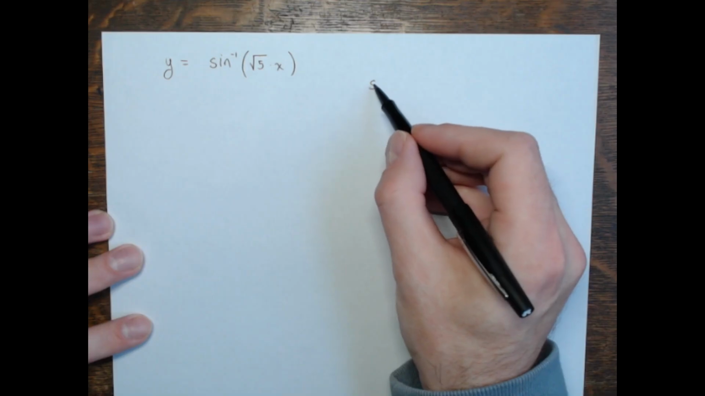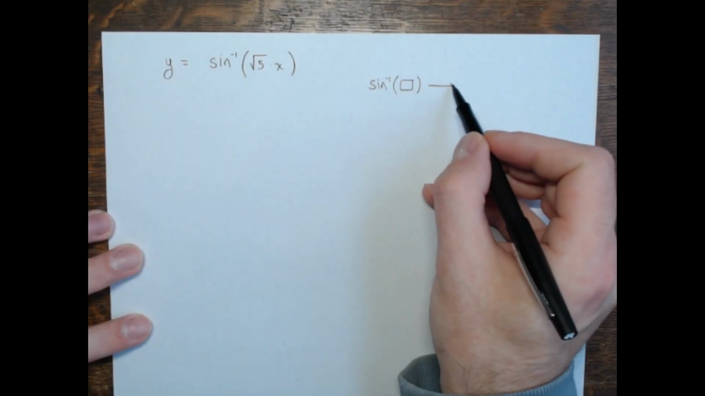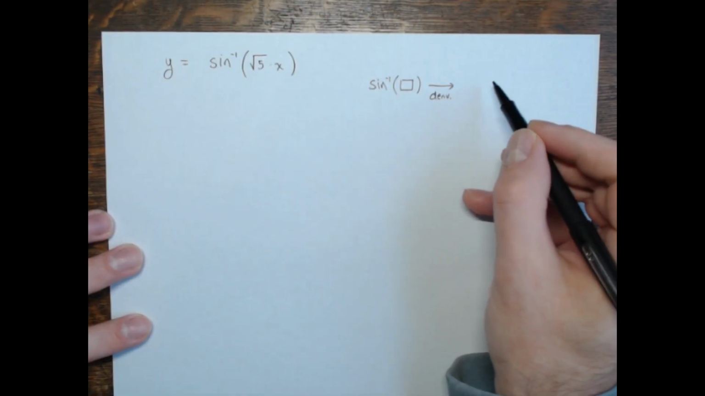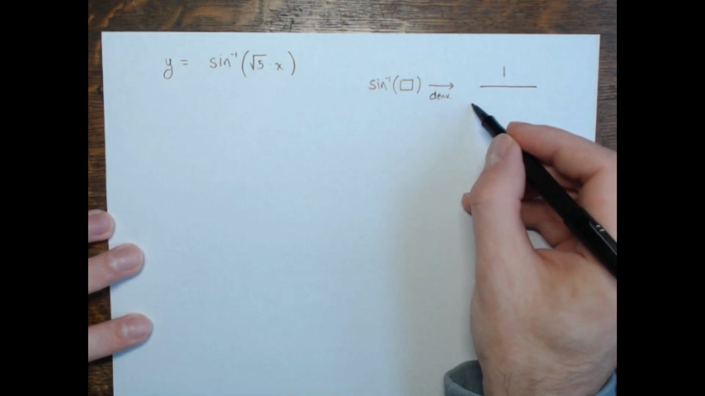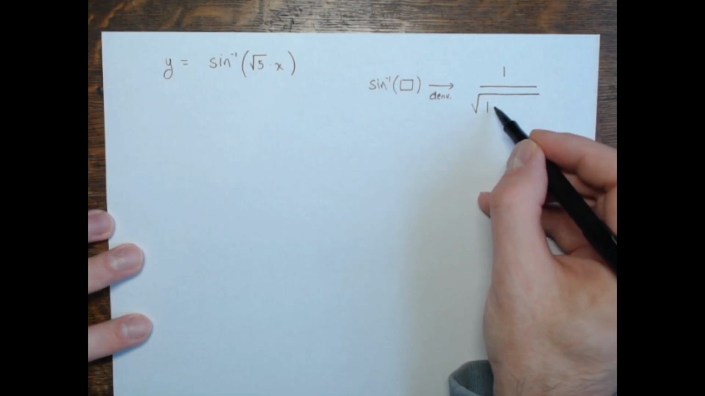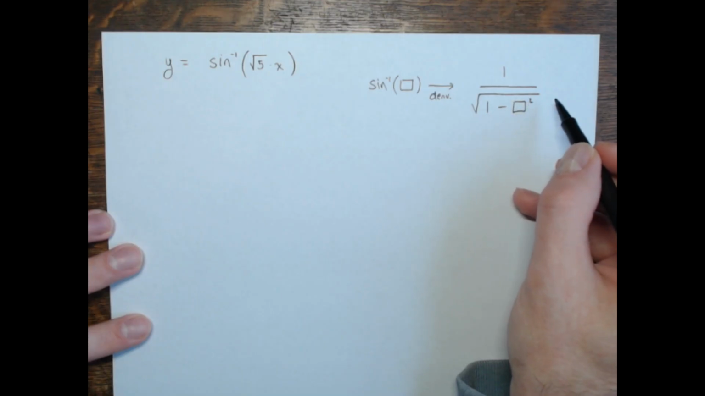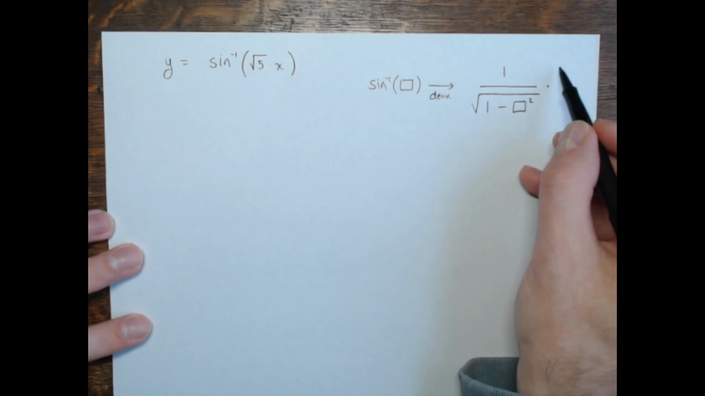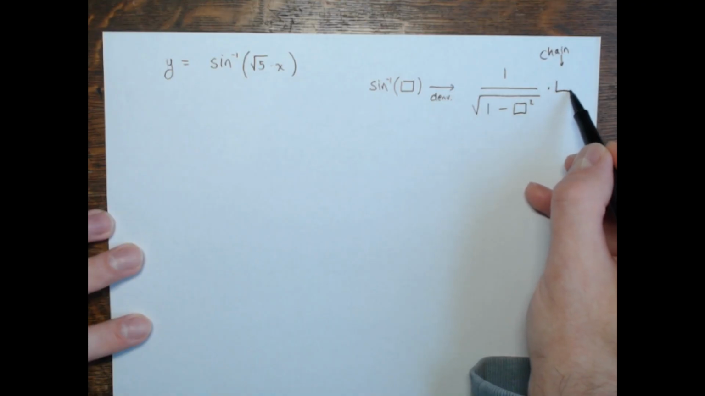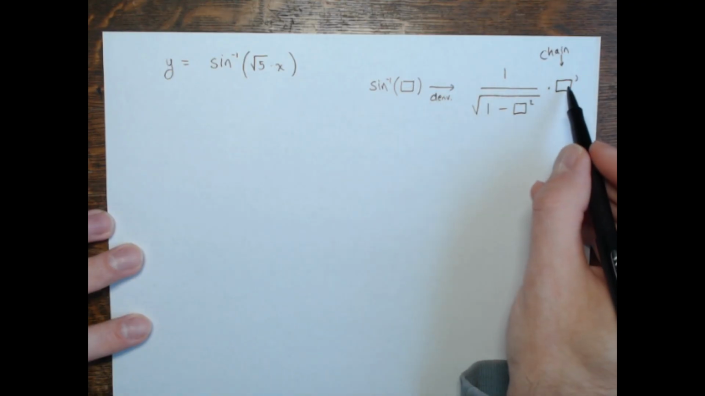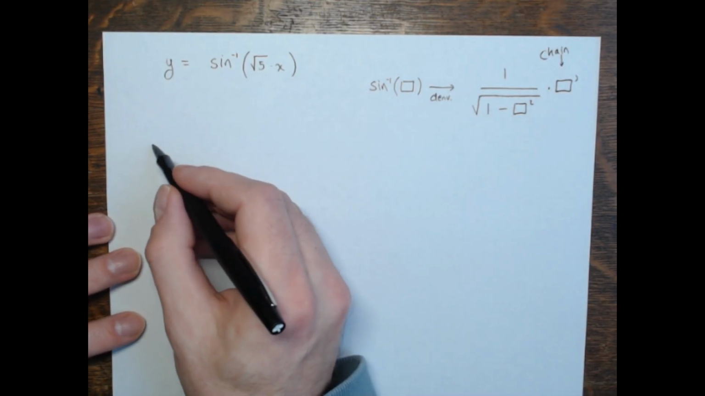But remember I said if you see the inverse sine of something and you go to take the derivative, it's 1 over the square root of 1 minus that expression inside squared. But then chain rule, you then have to multiply by the derivative of the expression inside, so I'll put like box prime here. So applying the chain rule,